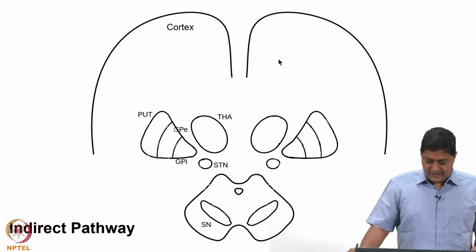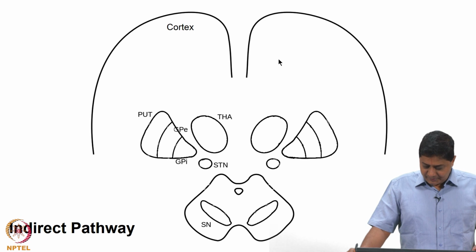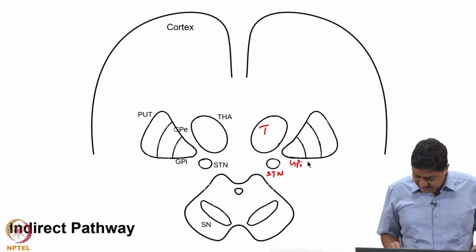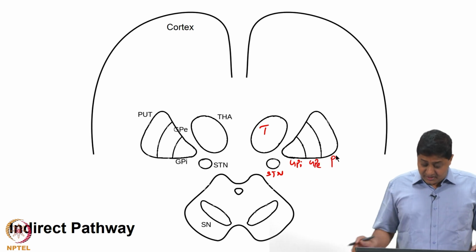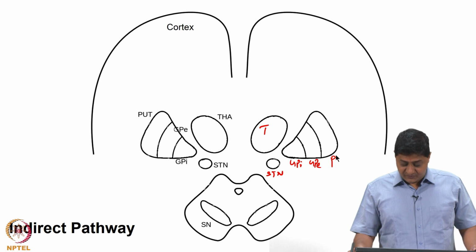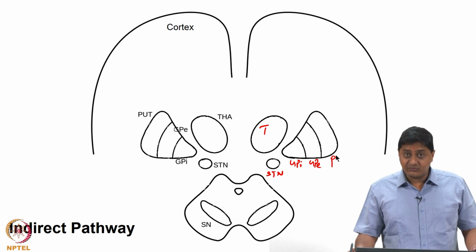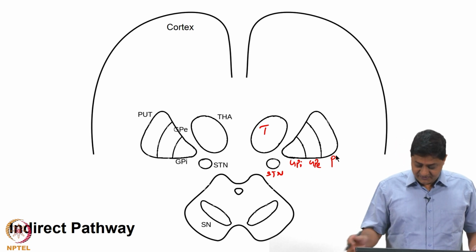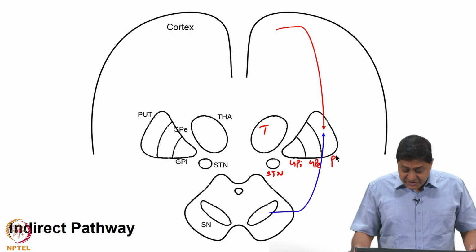direct pathway. So, in the indirect pathway what happens is the subthalamic nucleus is involved. Let us remember, so this is the subthalamic nucleus, this is the thalamus, this is the globus pallidus internal, and this is the globus pallidus external, and this is the putamen, right. So, in this case what we saw is that the subthalamic nucleus excites the globus pallidus internal, right. So, that is what we saw. So, essentially